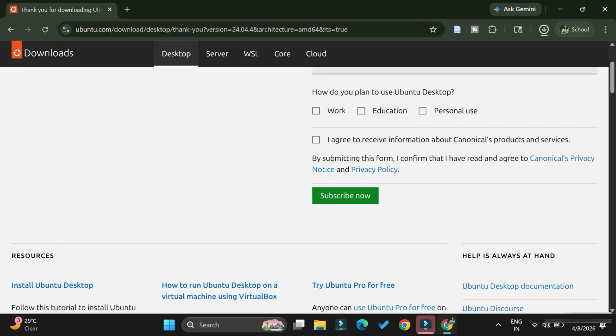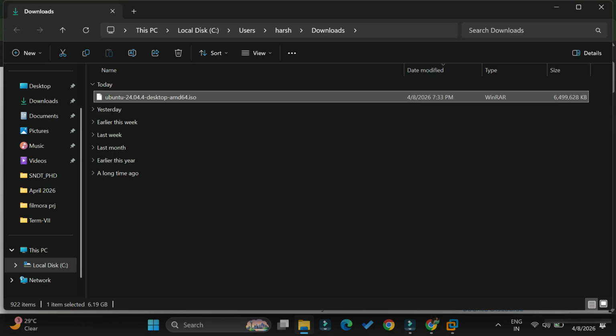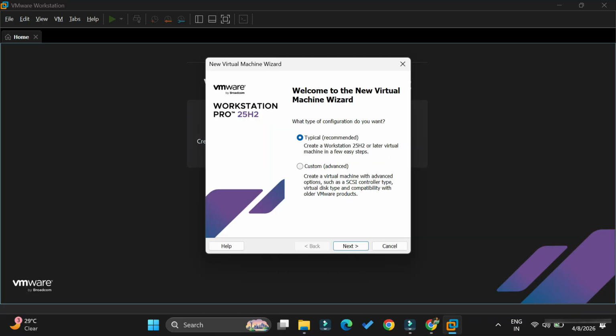My download of Ubuntu is done. It is around 4.7 GB. So I'm just going to open this folder. Okay, here in my folder you can see I'm having Ubuntu desktop. Right now I will open my VMware workstation, and here I'm going to click on create virtual machine, and